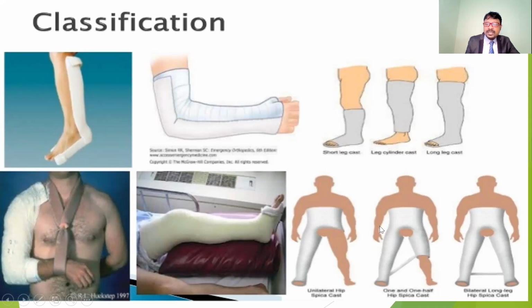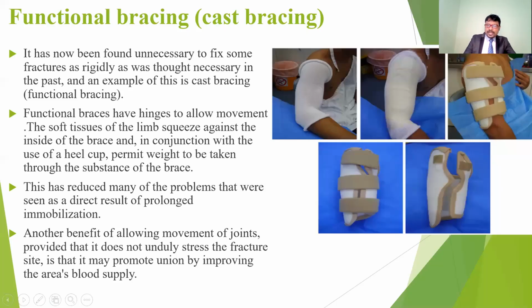In the case of hip injuries, we are going to arrange it in the spica manner. So that depends upon the injury and the requirement. The POP we can mold into whatever position we require, so we are going to mold it in that position. Normally, with a brace or a POP cast, we are going to apply it where we want, and also mold the position that we need.